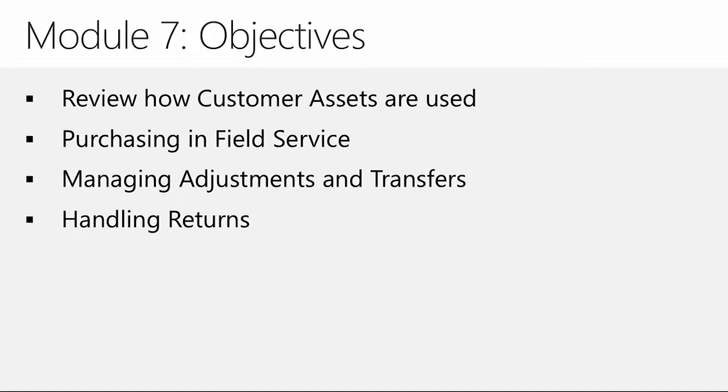So we're going to talk a little bit more about customer assets. We've talked about them kind of on and off throughout the entire part of this course. We're going to look at them in a little bit more detail and understand what they are and how they're used as part of the application. We're going to talk a little bit about the purchasing process and what's involved with purchasing information inside field service,